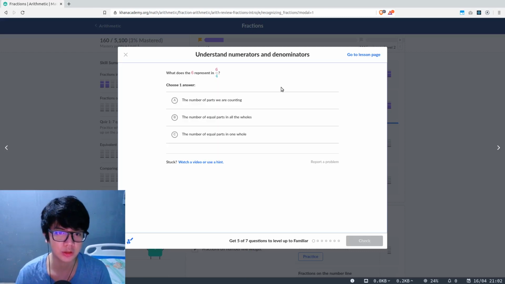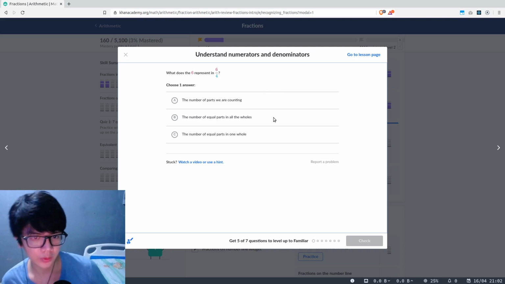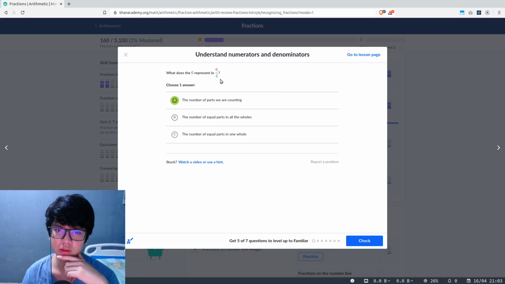What does 6 represent in 6/4? The number of parts we are counting. The number of equal parts in the wholes. The number of equal parts in one whole. The number of parts we are counting. This is the number of parts, right? We are counting the number of equal parts in all the wholes. So I think this one is in one whole, and this is all the wholes. So I guess A is the 4 thing, and this is just for the one whole. So this one's going to be